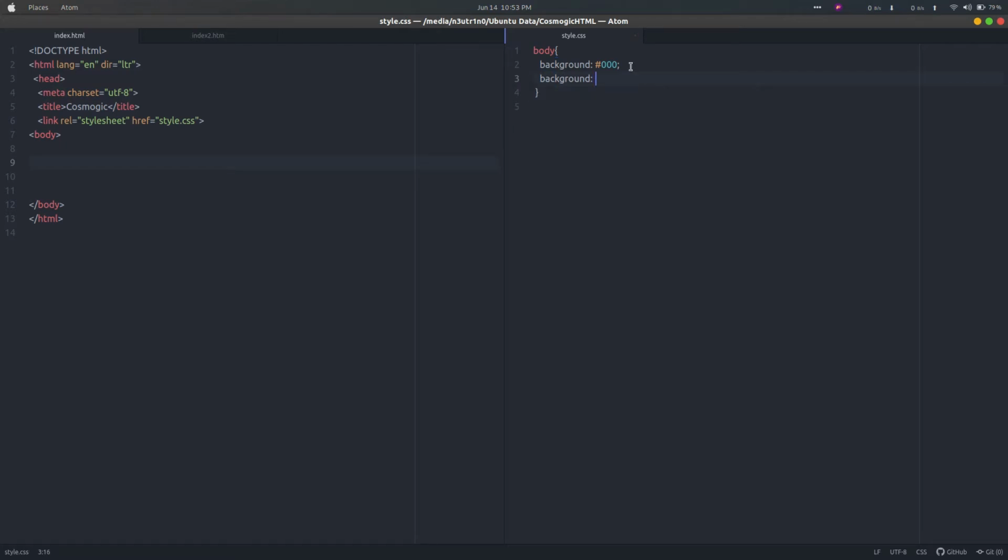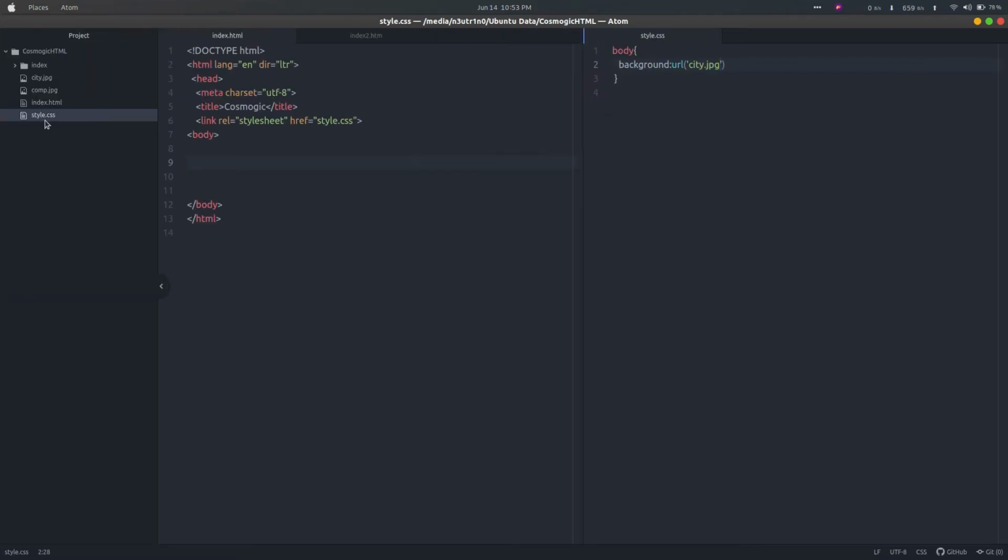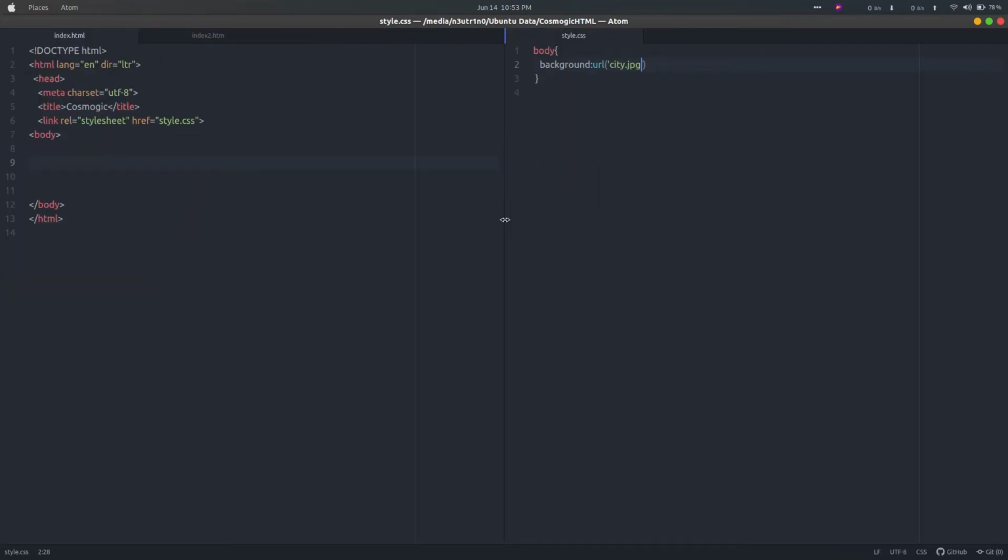Now we will talk about the image property. If I want to use background as an image, we don't want the color. In HTML we have an image tag, but in CSS we have background. We want the body to have a background as an image. We will use background URL, circle brackets, single quotes, and give the name of the image, city.jpg, the exact same name that I have given.